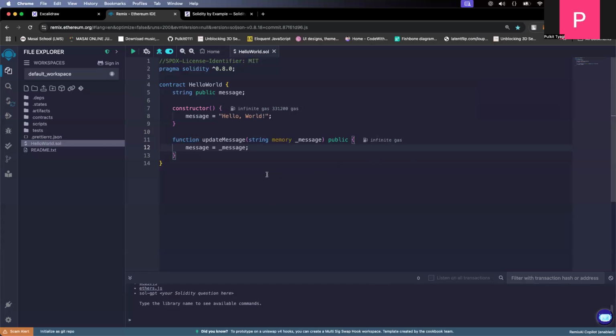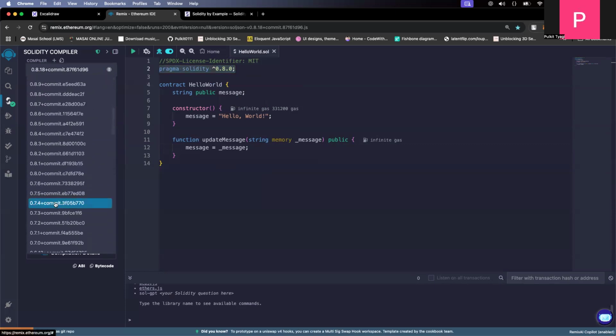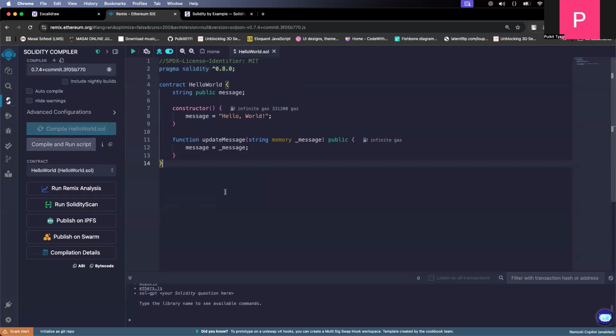Now, once you run this and save, see, there's a green tick mark over here, which is saying that yes, this smart contract has been successfully compiled. And see the compiler version which is being used over here. It is 0.8.18, and it's satisfying the compiler version that we have written for our smart contract, which is above 0.8.0. So it's working. But let's see if I set it to 7.4, and if I save it,